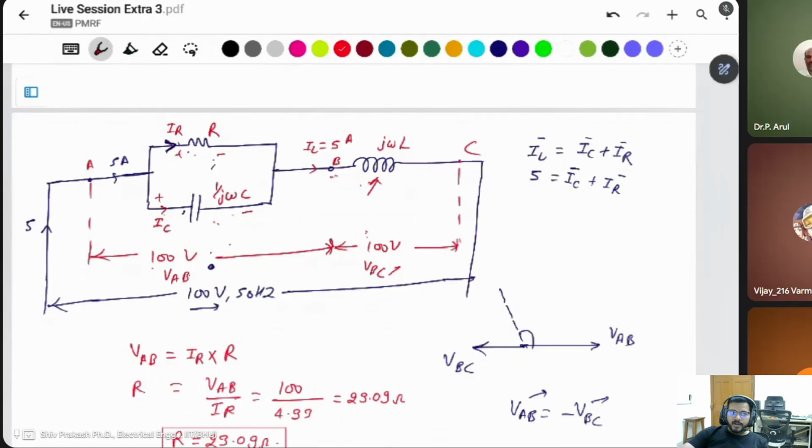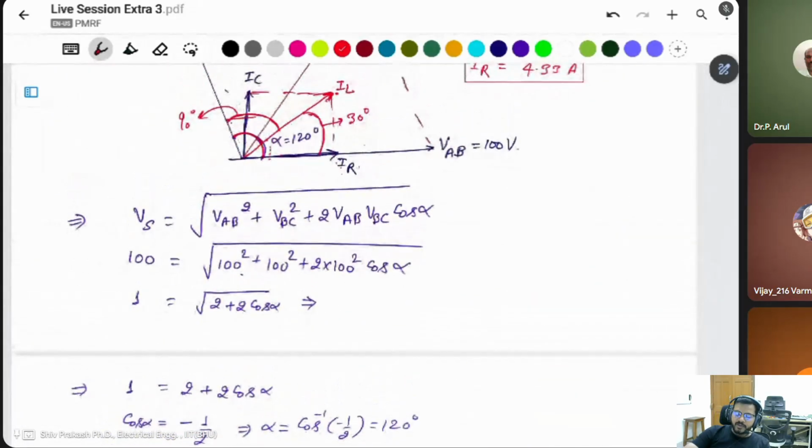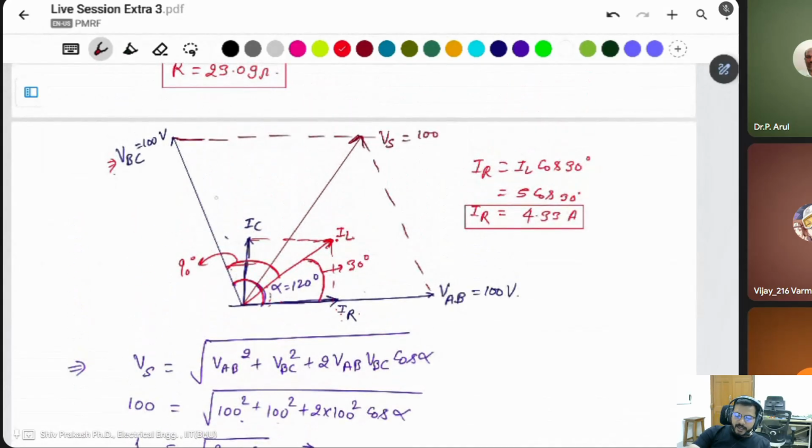How can we find it? The voltage VAB is given, and the total voltage is also given. Then you can use the magnitude formula, VS squared is equal to VAB squared plus VBC squared plus 2 VAB VBC cos alpha. In this case, you can find the angle difference between these two, which is 120 degree. Okay. Once you get the angle difference between these two as 120 degree, then